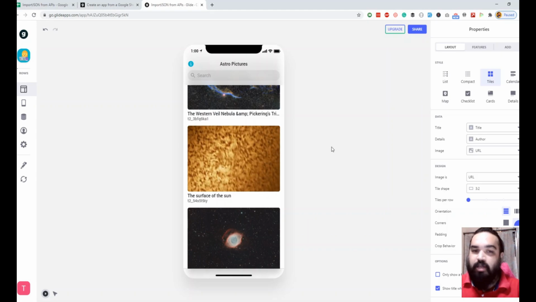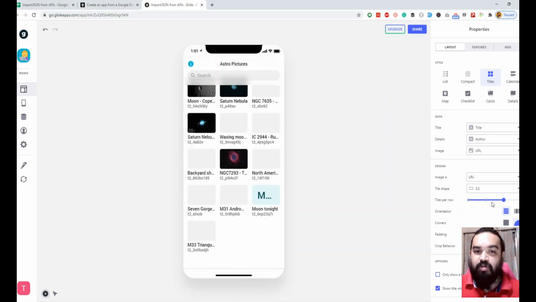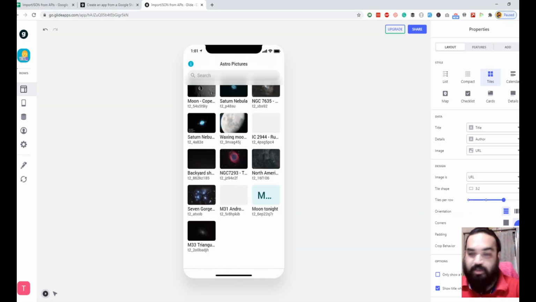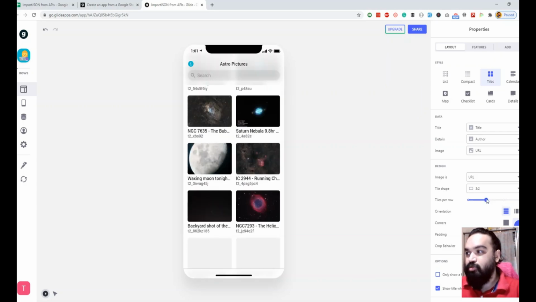Let's say you are a photographer and you have like a nice portfolio that you want to showcase, or you can do this pretty much to create an e-commerce store as well, where you have a list of things on the Google Sheet and you can pull them and you can customize pretty much a lot of things, which is titles per row. You can upload multiple things, as you can see here, per row. If you want to show two things per row, you can do that.